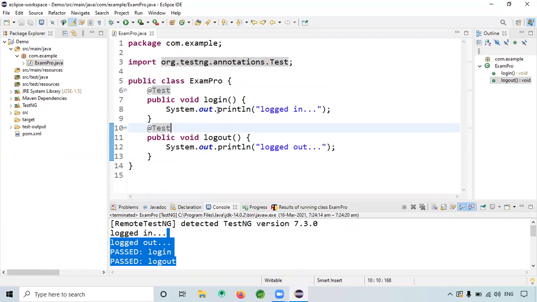Imagine for me logout has to be the first priority, so I will give priority equal to 1. This is my number one priority.